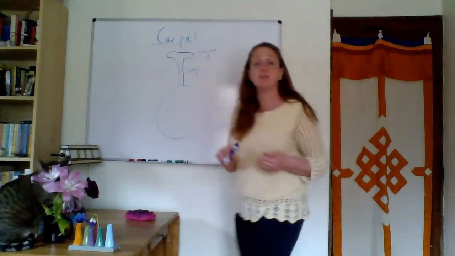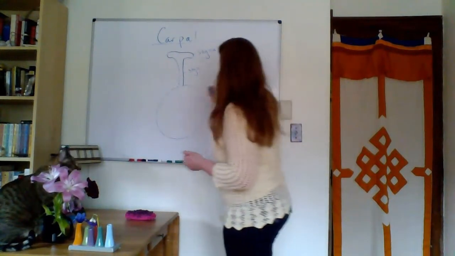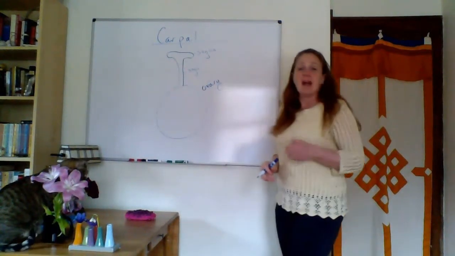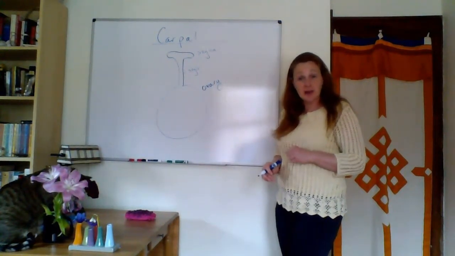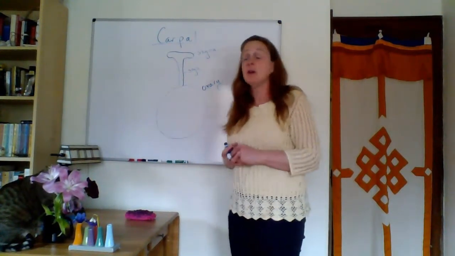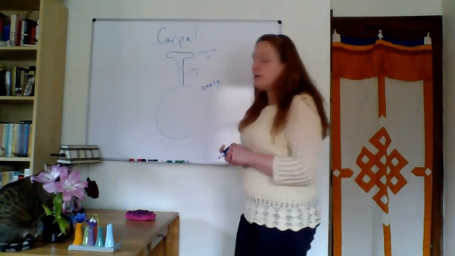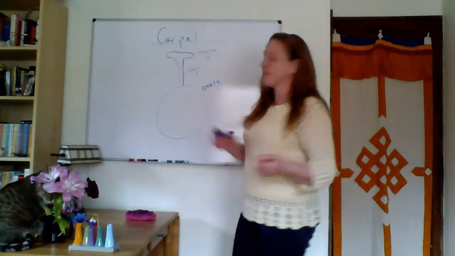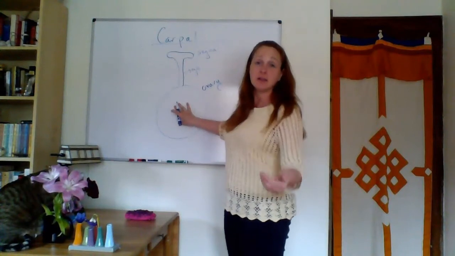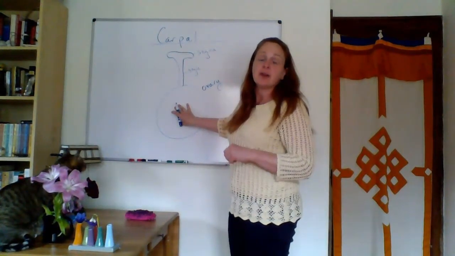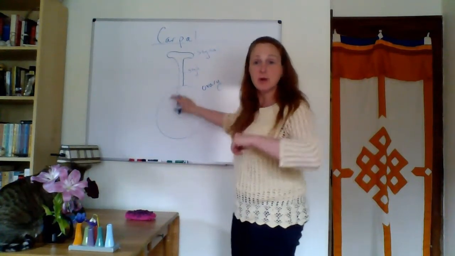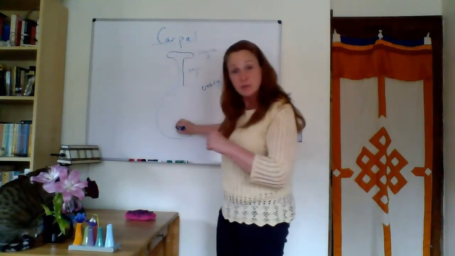Down here, this round bit that I just drew is going to be our ovary. And inside of our ovary, we're going to have ovules. Now, for the sake of the drawing and you being able to see what's going on with the ovule, I'm going to draw it as if this ovary has just one ovule inside. In reality, an ovary is often going to have hundreds of ovules inside. But let's just blow up one of them to see the structure, because structure is really interesting.